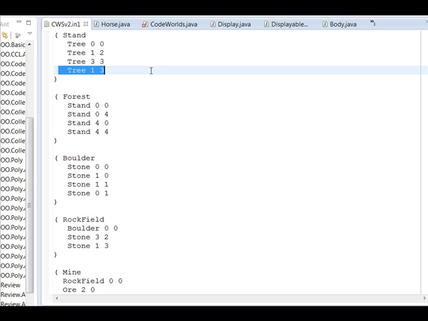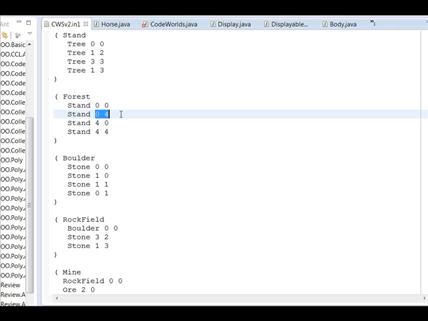Now, importantly, a pattern declaration may also use prior pattern declarations as elements. Forest, for instance, comprises several stands at various XY locations. The XY location in this case is an offset to add to all the elements of the subpattern. So, for instance, stand of 2, 3 would imply a pattern of trees, tree 2, 3, adding 2 and 3 to those, and then tree 3, 5, and tree 5, 5, 6, and so forth. So anytime a pattern is used as a subpattern, it's offset by the X and Y given in the subpattern